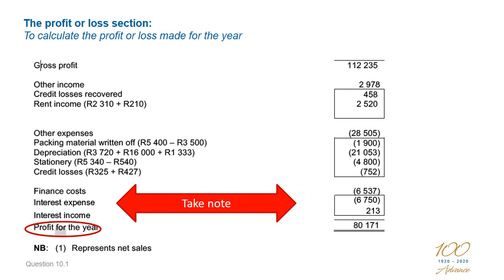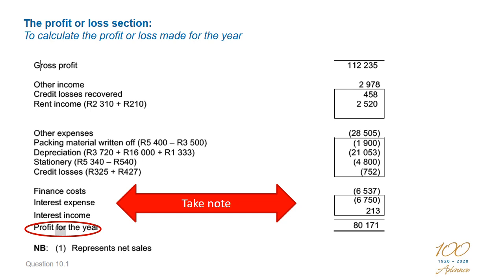In the profit or loss section, we will add any other income which we have earned to the gross profit, subtract any other expense which we have incurred, and then remember, each individual expense must be listed between brackets because every expense leads to the decrease of equity, and therefore the total expenses leads to the total decrease of the equity. So remember, show each individual